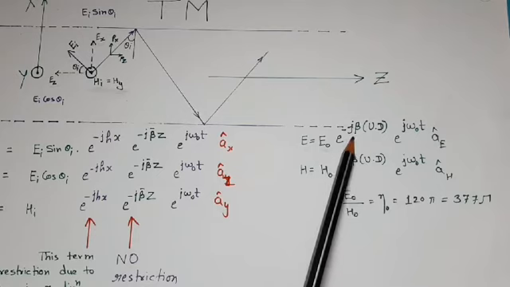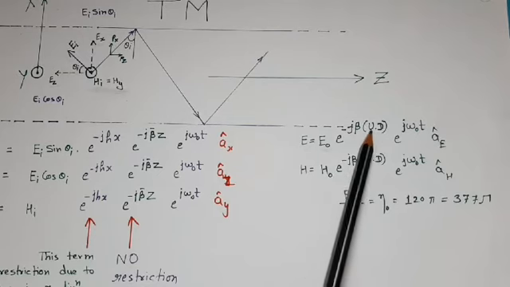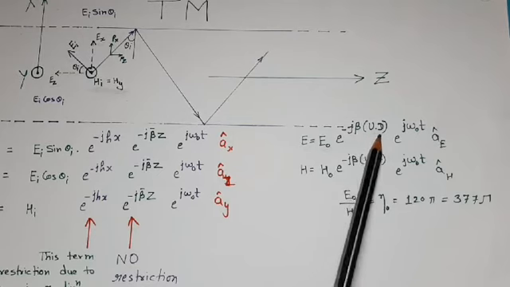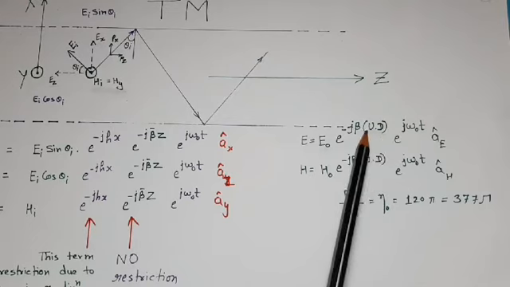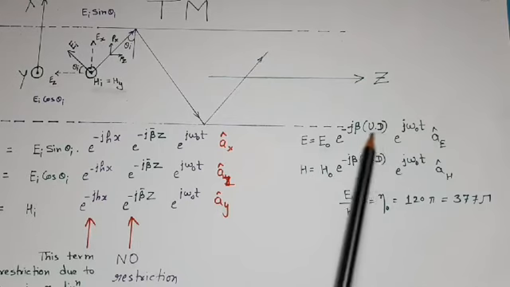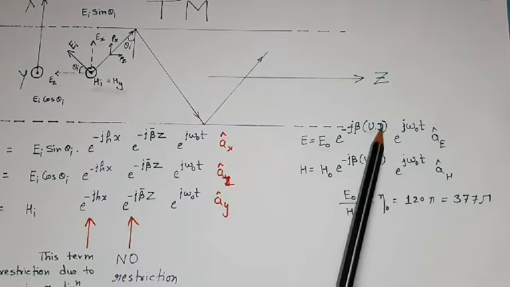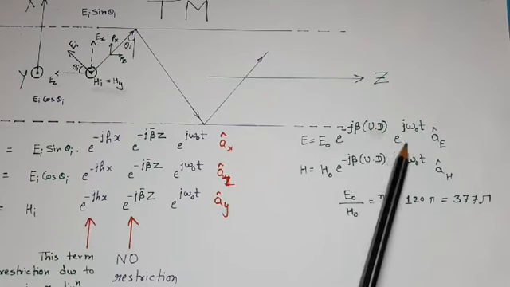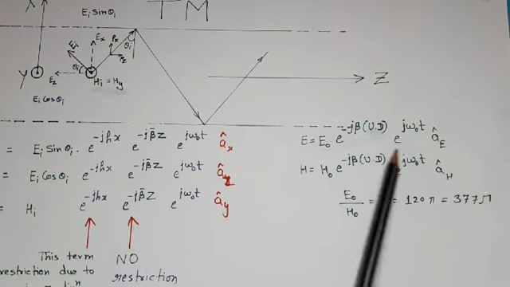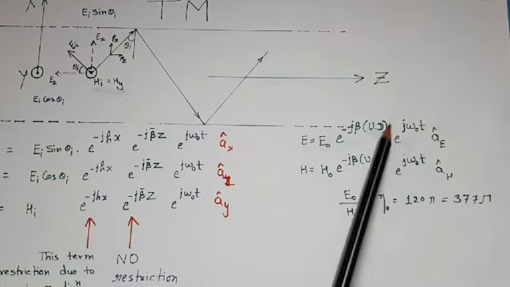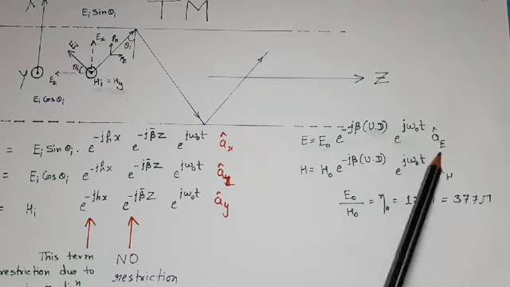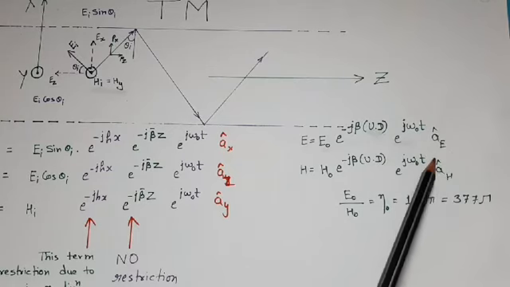e power minus j beta into unit direction in which wave is propagating. This term shows that the wave is propagating in this unit direction and also the wave is sinusoidally varying in this unit direction. And finally we write e power j omega naught t. This term we have written because the wave is sinusoidally time varying also. And finally we write orientation of electric field, that is AE cap.